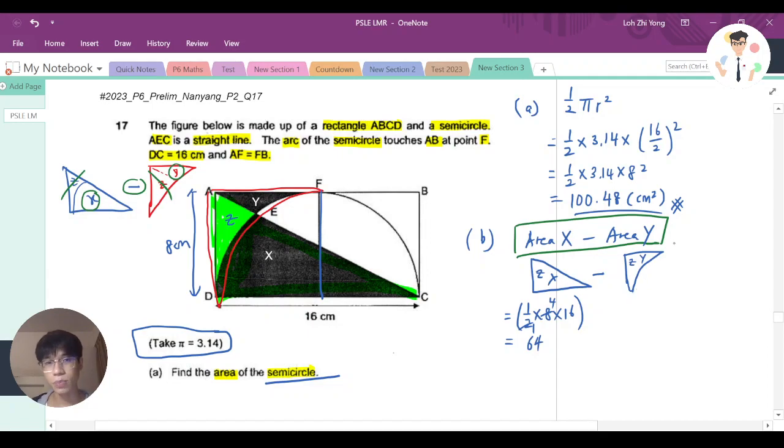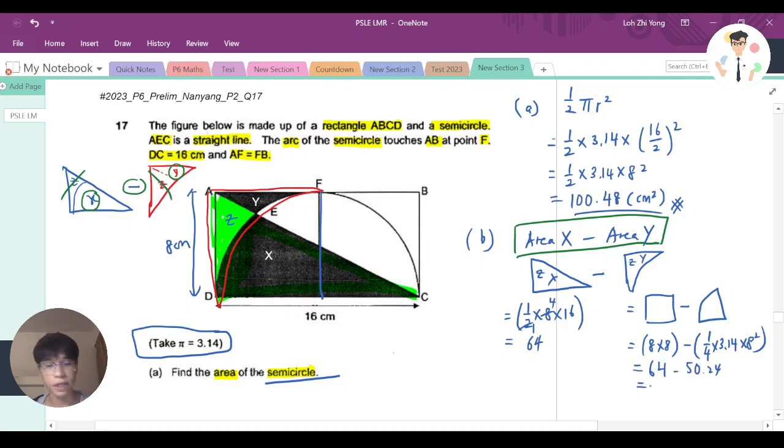And now, how to find this boomerang? Of course, to find this boomerang, we need to find the square first, then we minus the quarter. So square, 8 times 8. And how to find the quarter? That would be 1/4 times 3.14 times my radius, which is 8 squared. And that will be 64 minus 50.24, and you'll find out that it's actually equal to